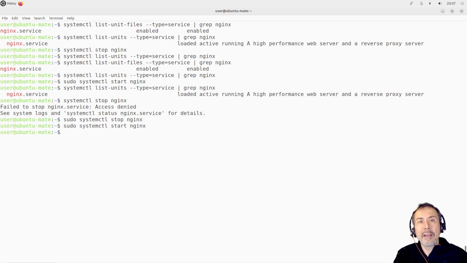We can also enable or disable the web server. Enabling or disabling a service will be taken into account when rebooting the system. The next time our system reboots, if we have the service enabled, it will launch the server. If we have the service disabled, it won't launch the server. So imagine that, for example, we don't want a web server the next time that we start the computer. We can disable